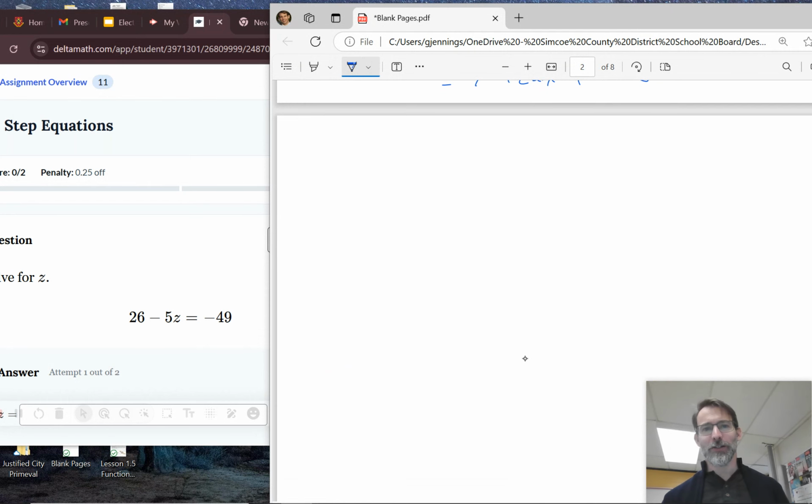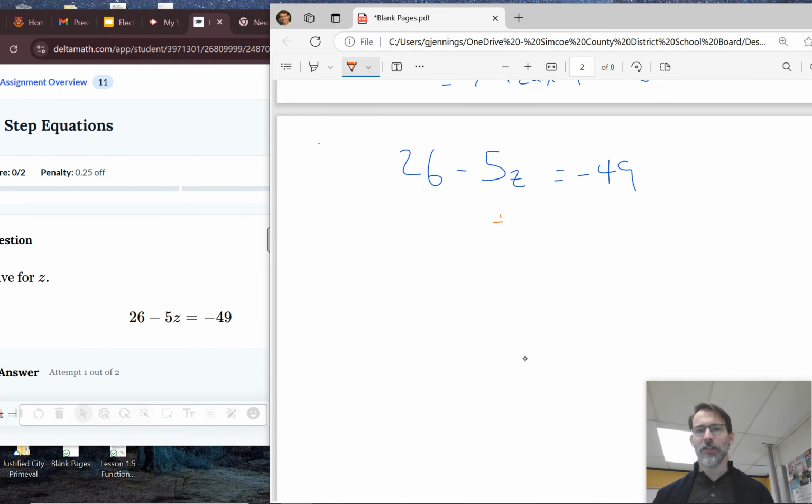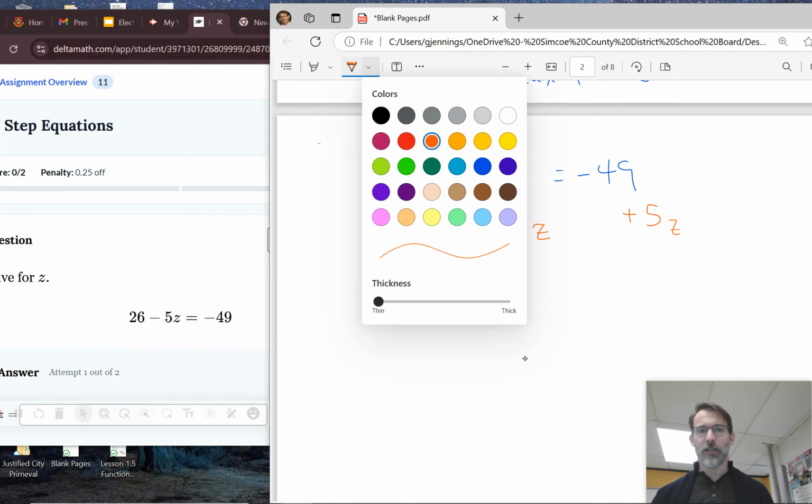So if I've got 26 minus 5z equals negative 49, I'm a little annoyed because I got negatives all over the place. So first thing that I would do is move that 5z to where it's positive. That's what I would do. You can do it a different way. You can move all your numbers over in one step. Then we get this line here,